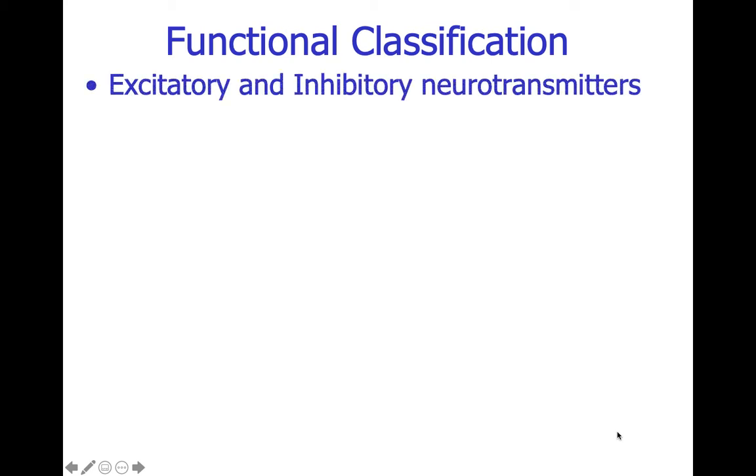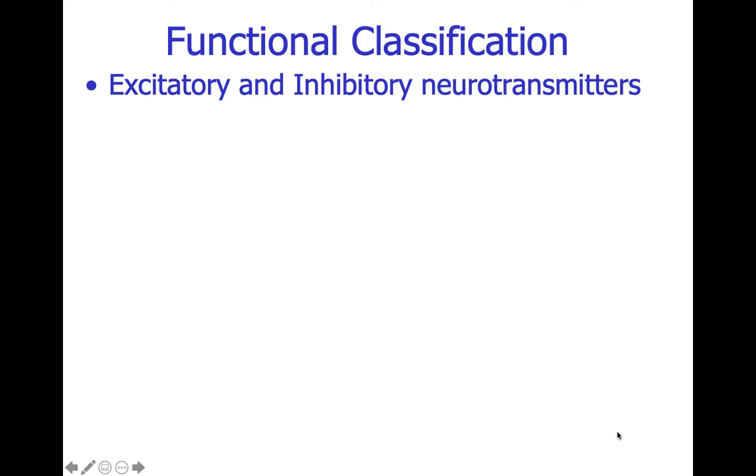Now, let's look at the functional classification of neurotransmitters. If you look in your textbook, there's a table or chart, a full page, if not 2 pages, talking about really specific concepts behind these. I'm using a broad brush because, as I said, we could spend almost a semester on neurotransmitters. Our first functional classification, and functional classification is how they do their job, is excitatory and inhibitory neurotransmitters.